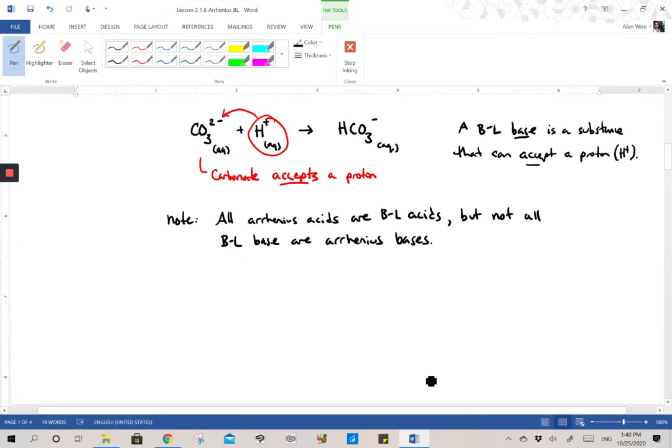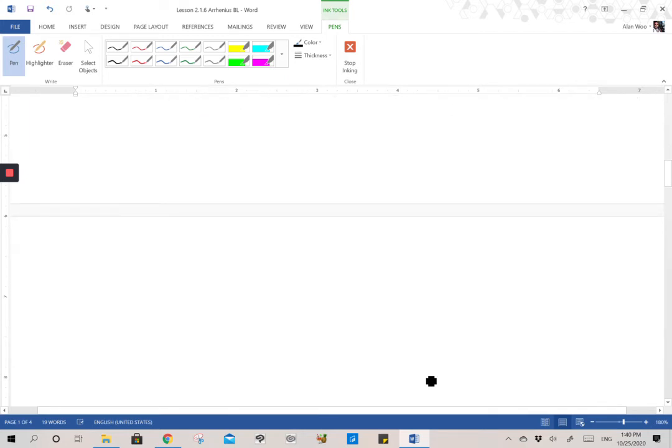And this third one deals with our good friend Lewis. These are Lewis acids and bases. It's the same Lewis from our Lewis dot diagrams. So naturally, we're going to use a few Lewis dot diagrams to help us explain how these acids and bases work. So the one type of substance that doesn't fit in with either Arrhenius or Bronsted-Lowry